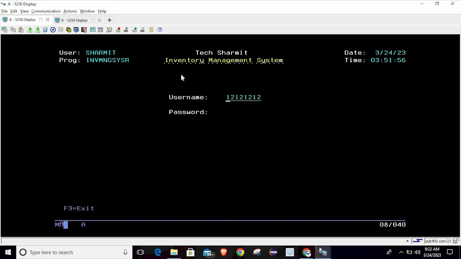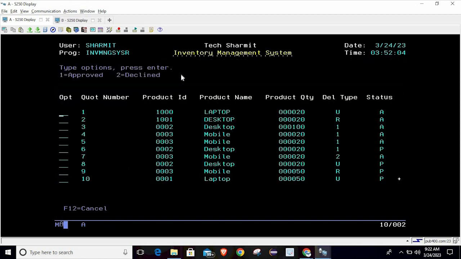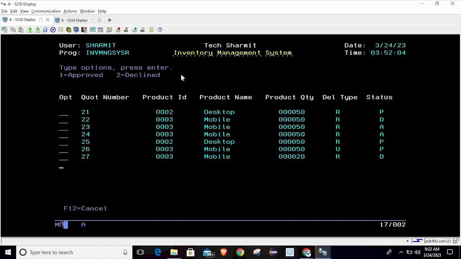So I'm opening it with option 1. So these are the things. Suppose this is the pending record, you can see that the record status is pending. So if I want to go for 1, so